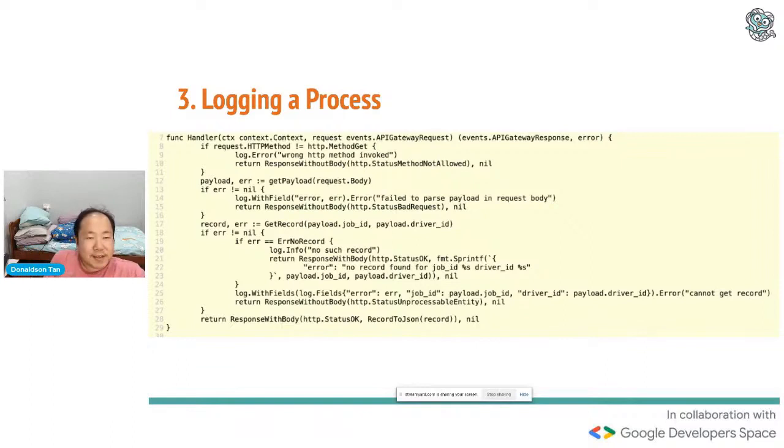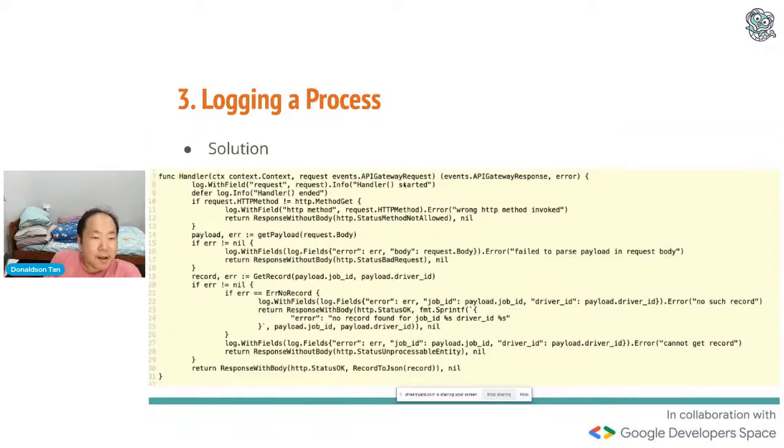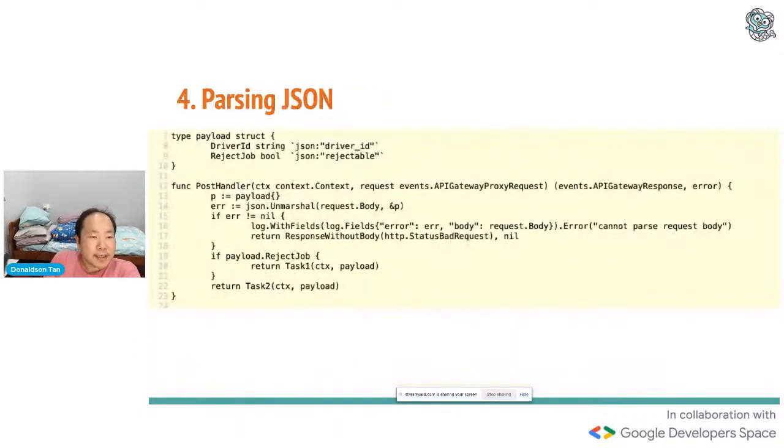The other example is when you want to log the get payload when there is an error. You did not log what the actual payload is. People want to see what the request body is. When they see the request body, then they know, oh, this is wrong, that's why that thing could not work. So you need to log all that to get the information correct. This is just some code that shows the logging being corrected, so that now the logging is more meaningful.